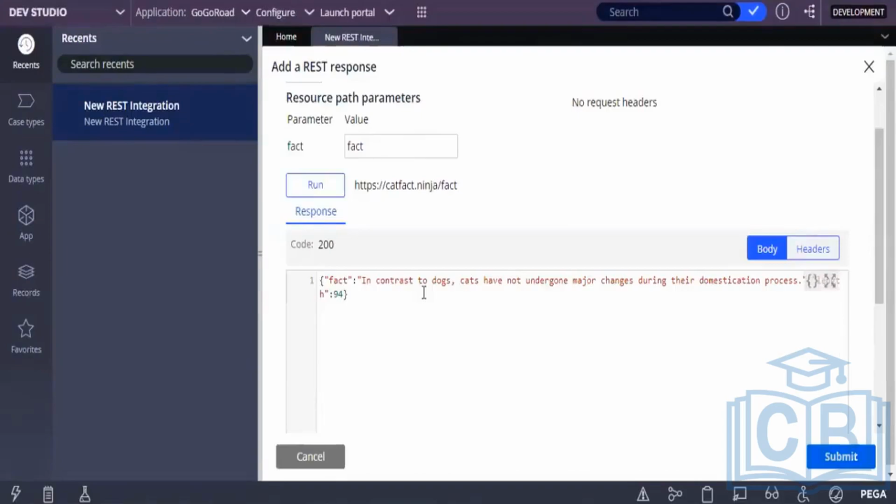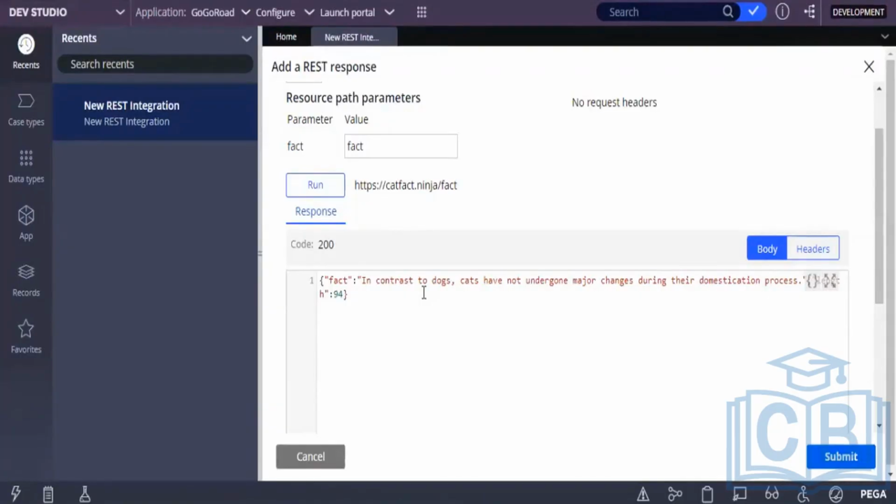This is a connector integration where you will send a request. I need some data. Suppose you are sending your order number as a request, they will send you some details. In the case of a weather application, you will send a request like a pin code or zip code, and based on that pin code it will provide you the response, how the climate is. But in the case of the cat fact application, no request is needed. If you just hit the service, you will get the response, because this is just fact information, right?